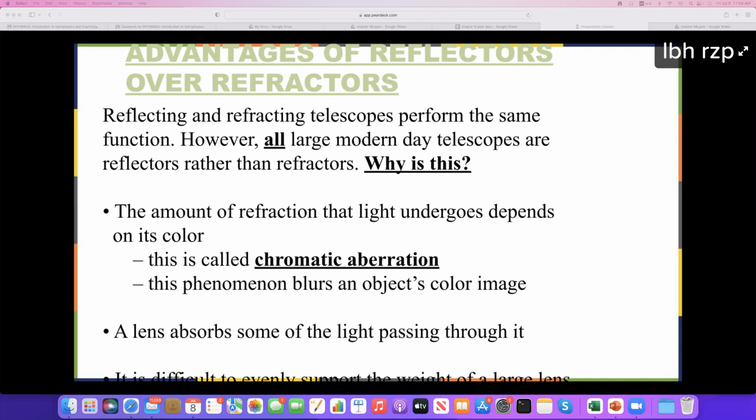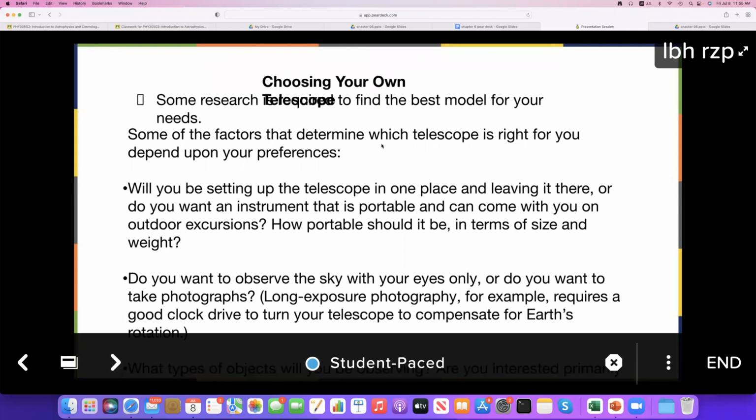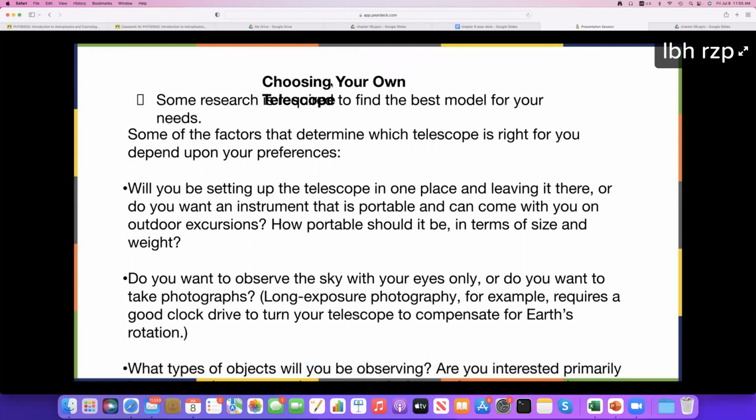And so I have added here a slide that will help you. For some reason, this slide is a little bit off, the words are going off. I think this is due to the changes in the platform that I am using, but I will just explain this to you. If you are going to choose your own telescope,